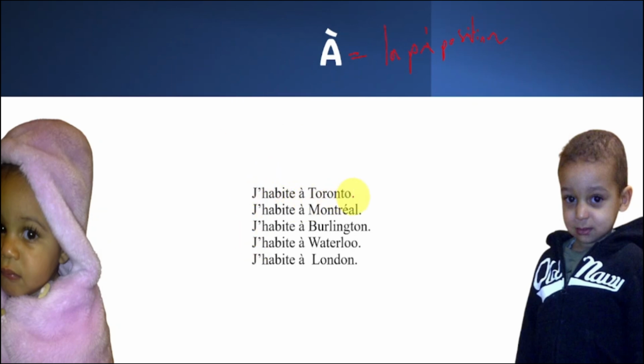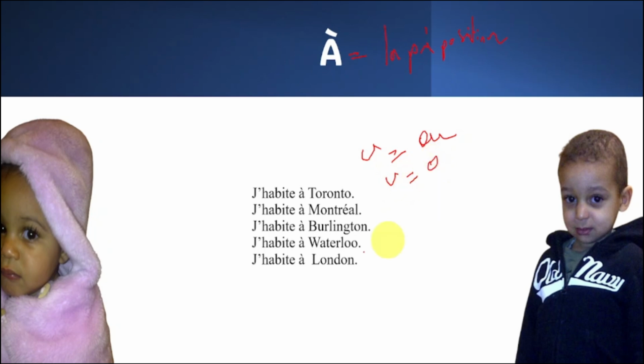So, j'habite à Toronto. J'habite à Montréal. J'habite à Burlington. Now, this one is French. In French, some people you're gonna say Burlington. So this one, it sounds like ooh. So when you read that, instead of saying in English Burlington, you're gonna say Burlington. So j'habite à Burlington. But in English, you're gonna say j'habite à Burlington because this U in English sounds like